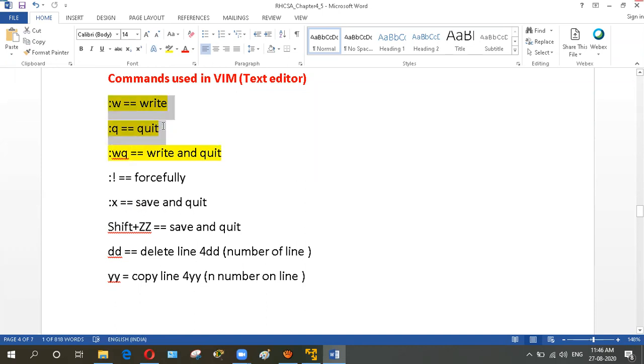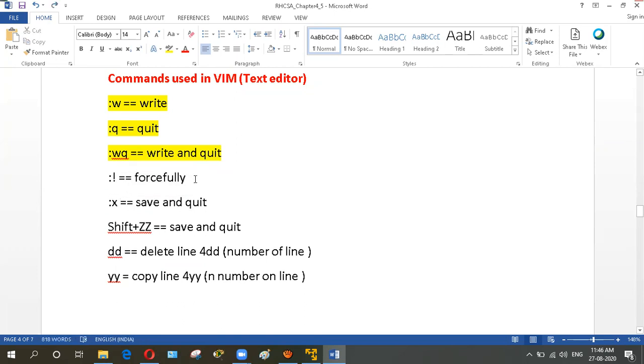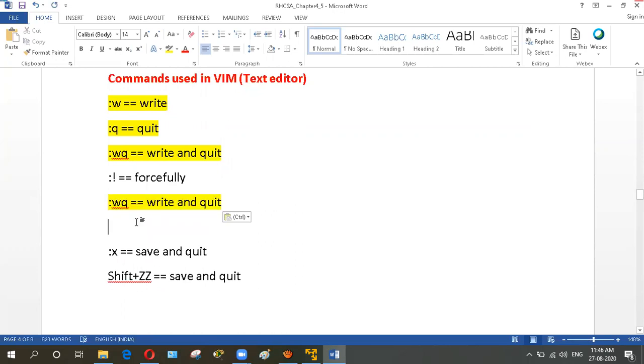We can use these individually, and we can also combine both options. And the exclamation symbol is for forcefully. We can also use three options at the same time, just like that.